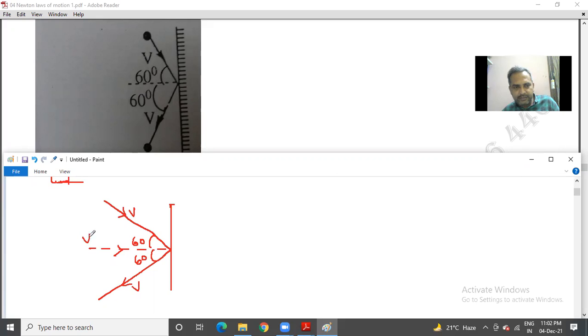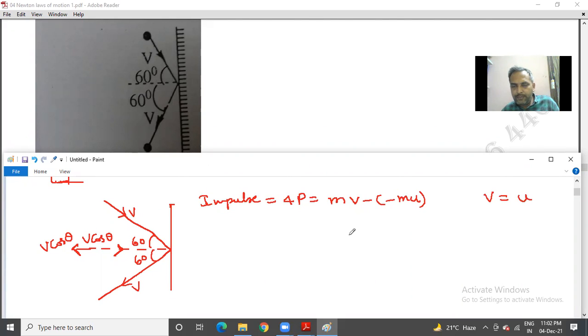So you can say that this is v cos theta towards the wall, and in the opposite direction after it reflects, it will be v cos theta. So final velocity and initial velocity, their components are opposite. So therefore, impulse is once again equal to change in the momentum, mv minus of minus mu, v equal to u. Then it will be 2mv cos theta,